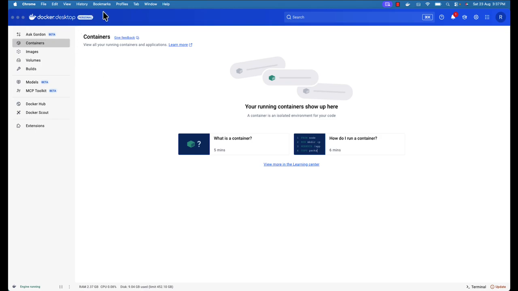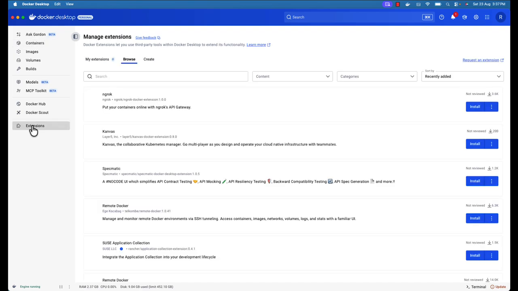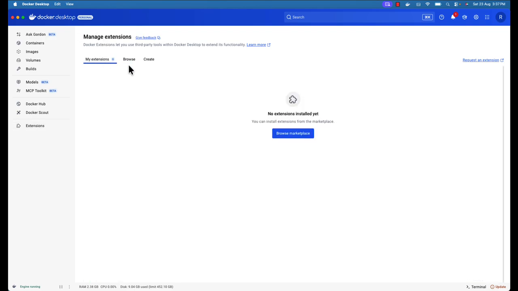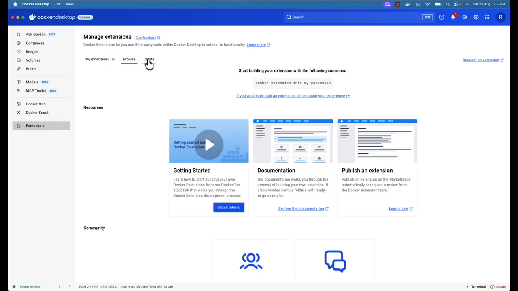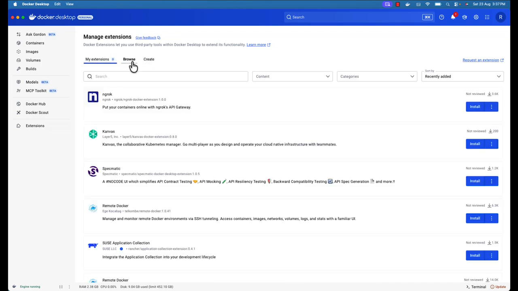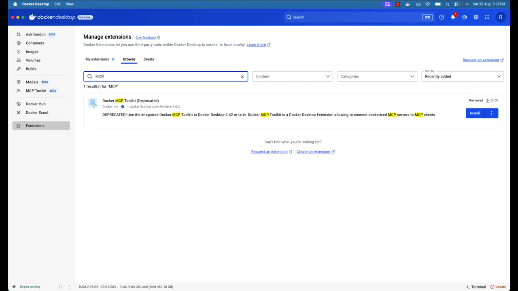So if you see on my screen, this is Docker Desktop, and you see different options available like containers, images, volumes, builds. At the end you will see the option here, extensions. So you just need to click on extensions. Once you click on extensions, you will see there are 0 extensions installed, with the browse option and create also. So you can go to browse and just type here MCP,